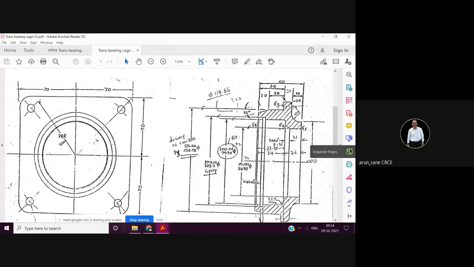Both the coatings you can identify by the color. If the coating is of golden color, in layman's language we call it a golden coating. I have a golden coated tool like this. Usually titanium carbide coating looks yellow, and titanium nitride coating is a slightly grayish color, gray color.